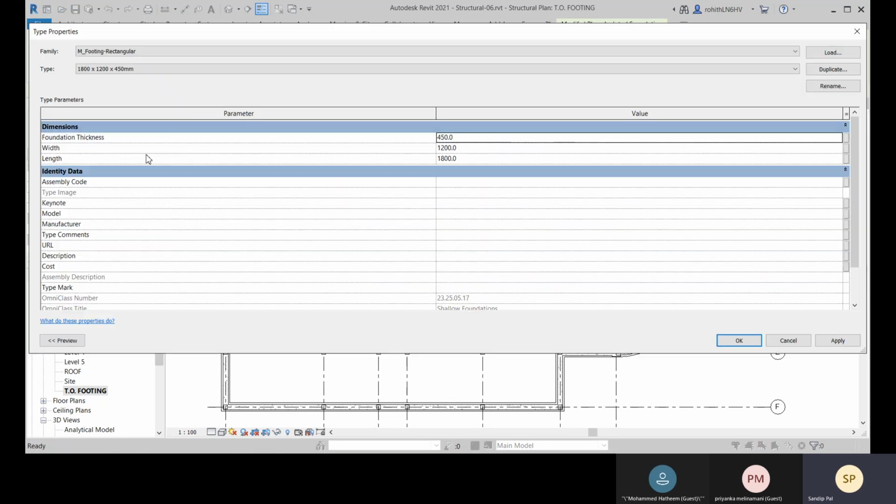So here let me go for a duplicate option, and here I'll be selecting it as 1067 by 1067 by, that was 305, right?